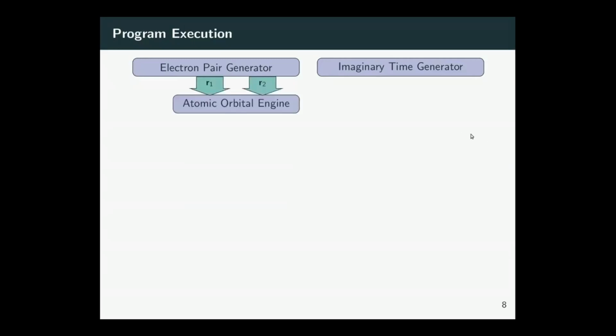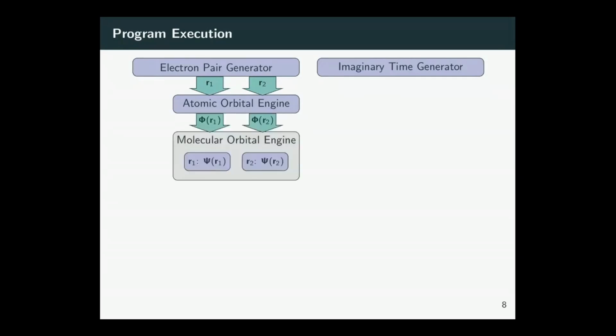The electron coordinates feed into our atomic orbital engine. Some might have noticed that in this diagram we only list two coordinates, whereas our MC MP2 integrand took 4 electron coordinates. This is resolved by the fact that we are actually batch calculating many pairs of electron coordinates at the same time. Next, we feed all of the atomic orbital amplitudes into our molecular orbital engine, which stores the